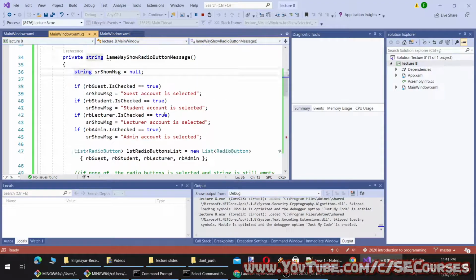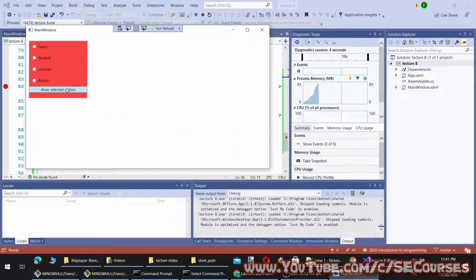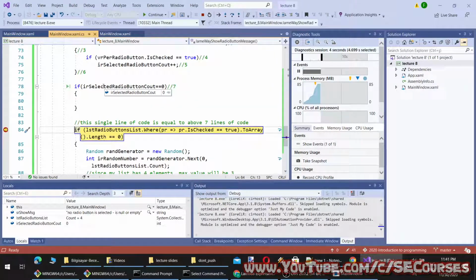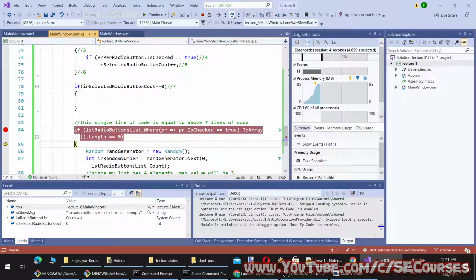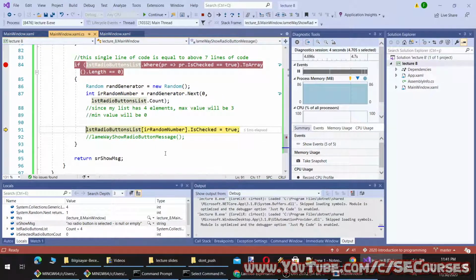I'm going to remove this, and I'm going to click the show. So you see it is 0 already, but it will be executed here as well. So if it is now inside if, and I will generate a random number here, and my random number is 1.